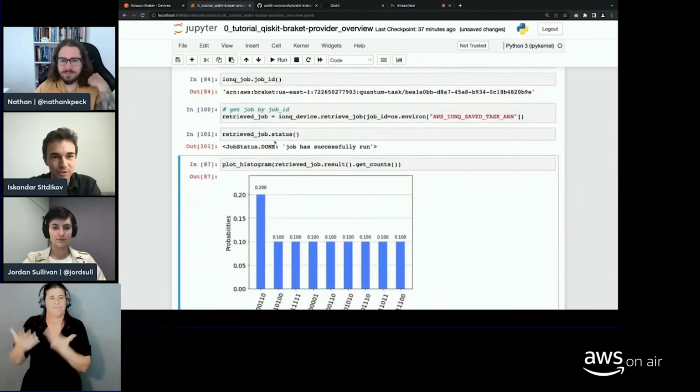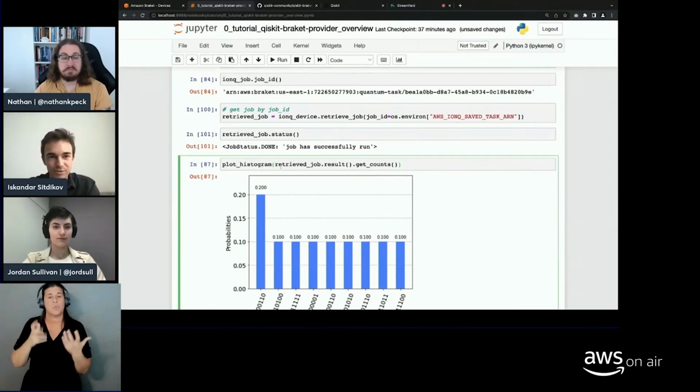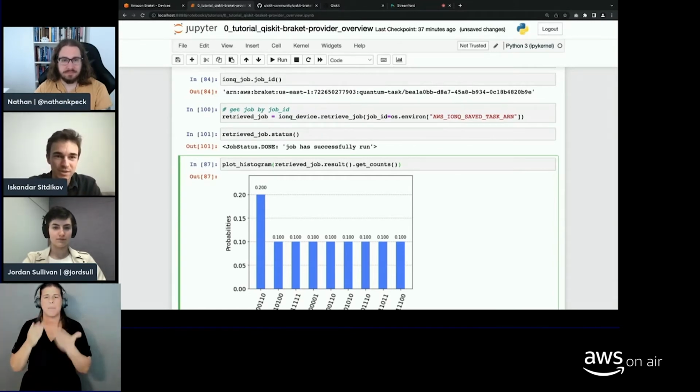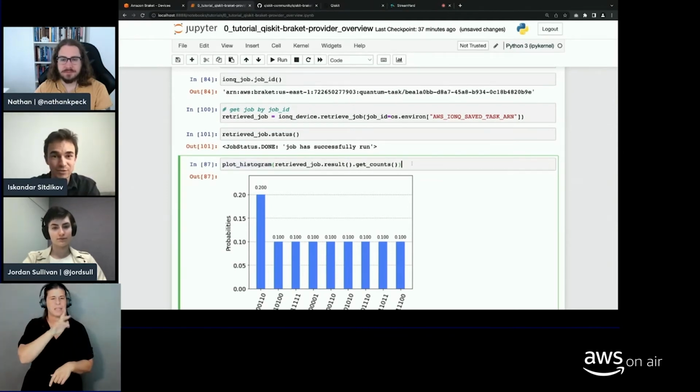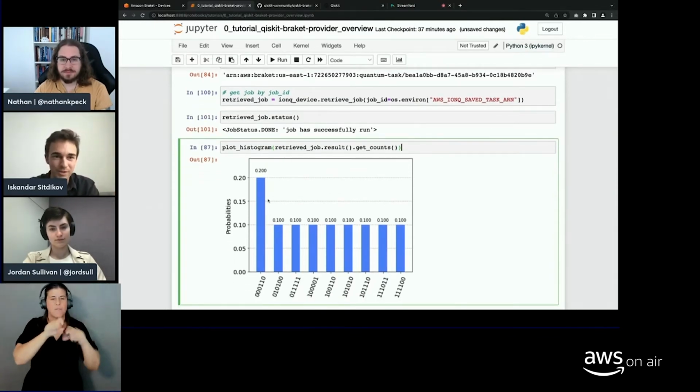Basically you get the job and you want to get the results, right? So the results are probably counts or some quasi probability of specific states. In Qiskit, one of the modules is visualization. We provide multiple functions to visualize the states of the system, or the results, or probabilities in that case.